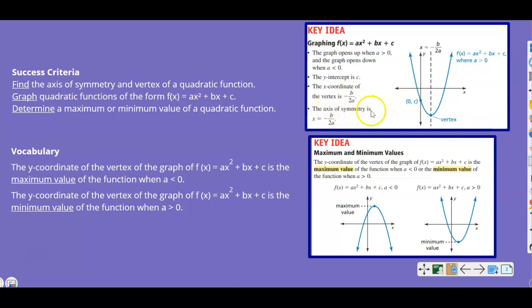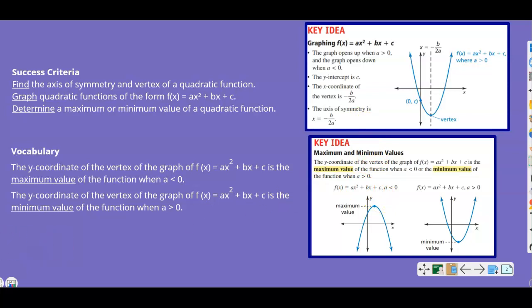And then your axis of symmetry is x equals negative b over 2a. Remember, the axis of symmetry goes through the vertex, so whatever the x value of the vertex is, that's also going to determine your axis of symmetry. So we're going to be using all of these facts to graph quadratic functions today,